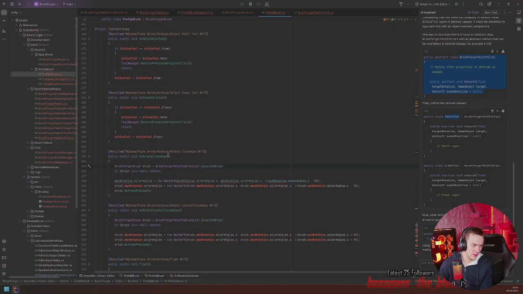All these things. The active tool things, they need to be static. Oh, that actually works.